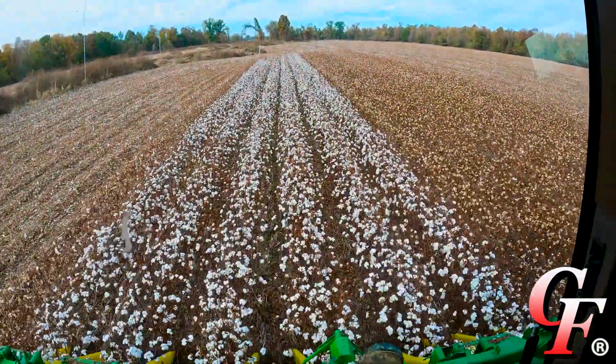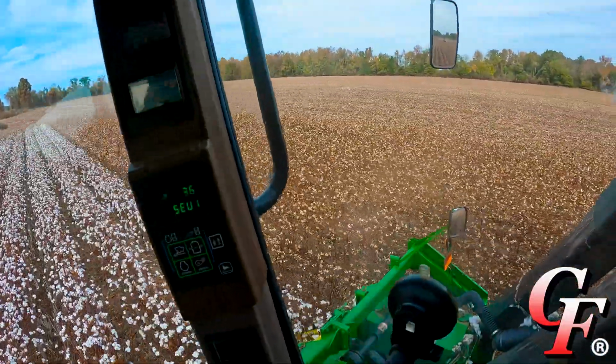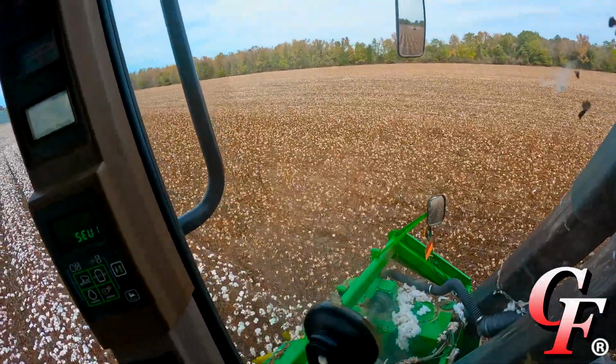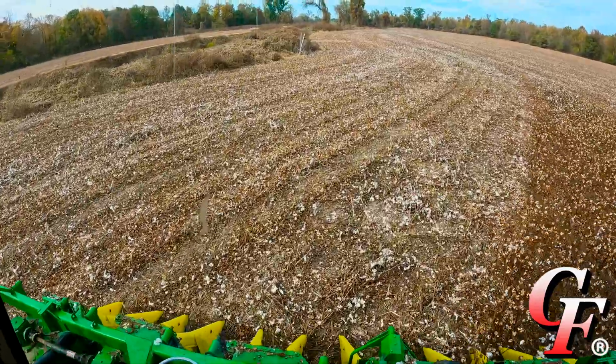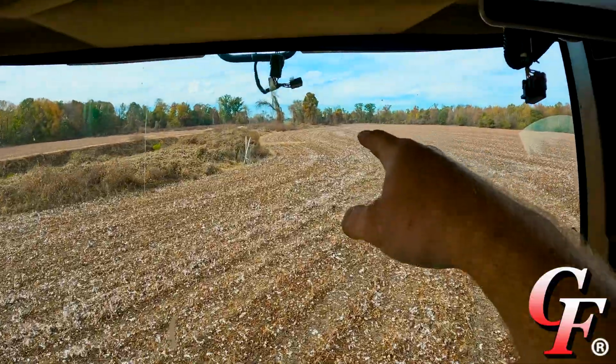Well, here we are, last pass on this farm. It's definitely the right decision to go back and pick it again twice and not leave anything out there. Probably picked us up, I'm guessing, another 150 pounds an acre that we would have left out here, and with the price of cotton, we can't afford to do that. But anyway, after we scrap these last 6 rows back the other way, we're going to be heading straight over that way, to Porter Cable